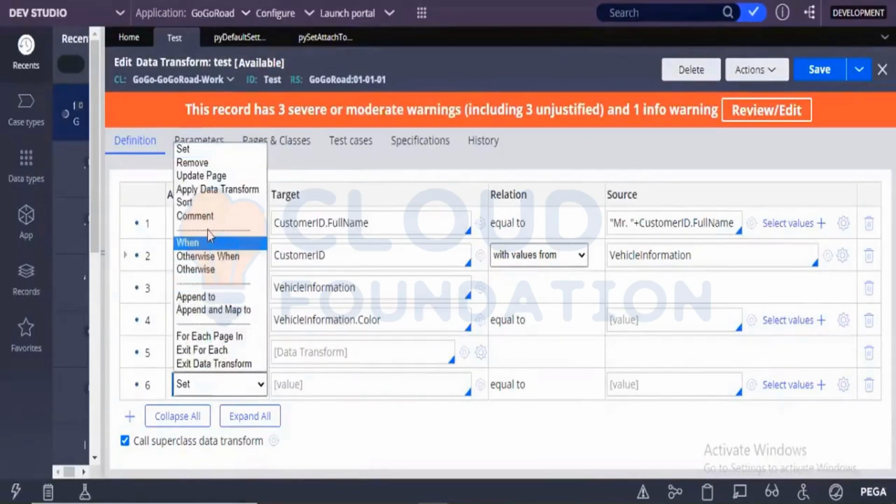After apply data transform, you have this sort. This is an interview question again. They will ask you how to sort a list of records in Pega, how to sort a list of records in a data transform. The first thing that has to come to mind is